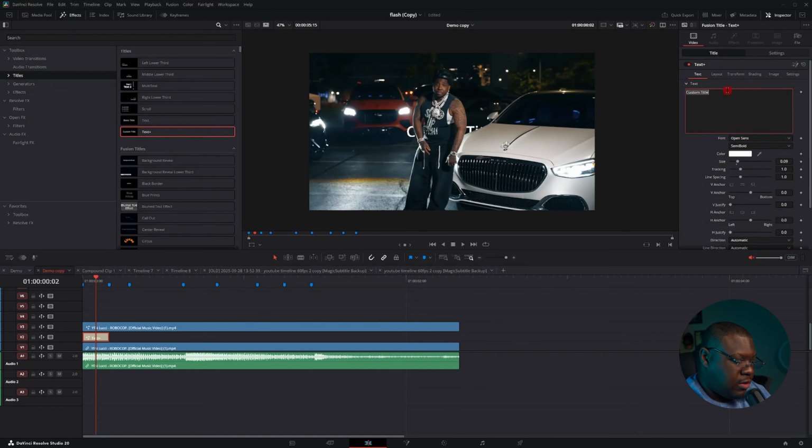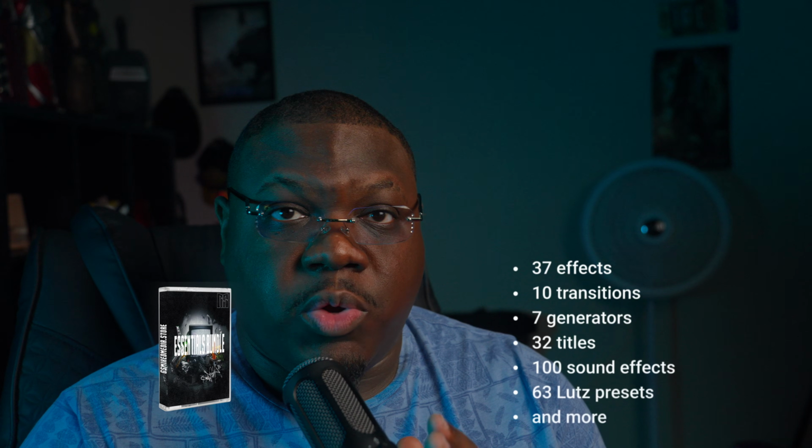And the first word he said is found. And then I'm gonna change this to Lemon Milk. This is one of the fonts that's in my Essential Pack, which real quick, if you have the Essential Pack,